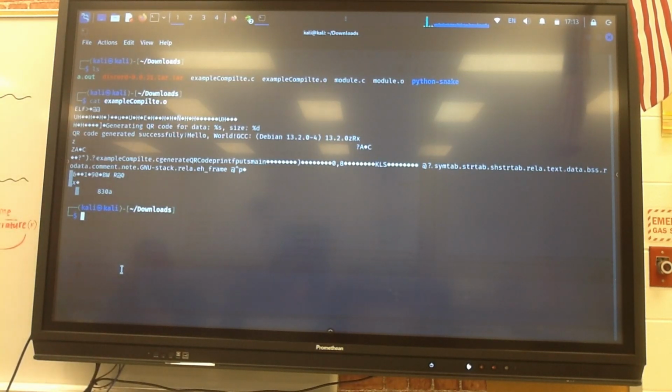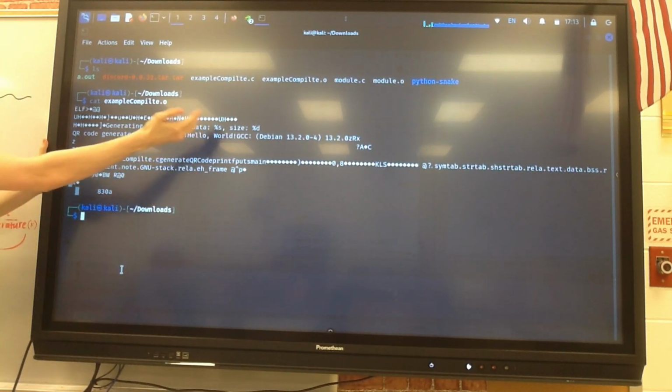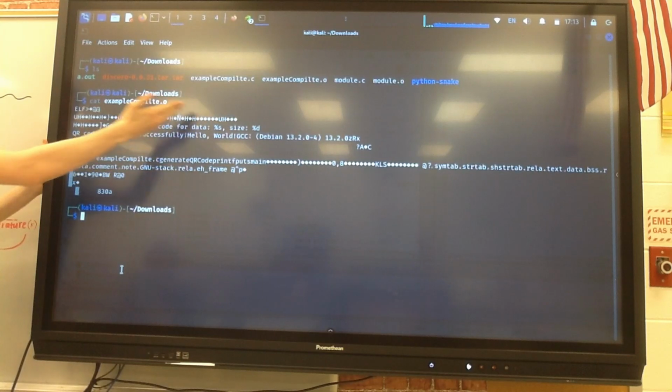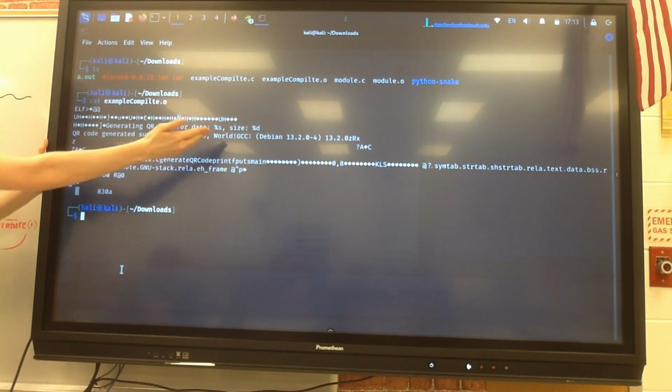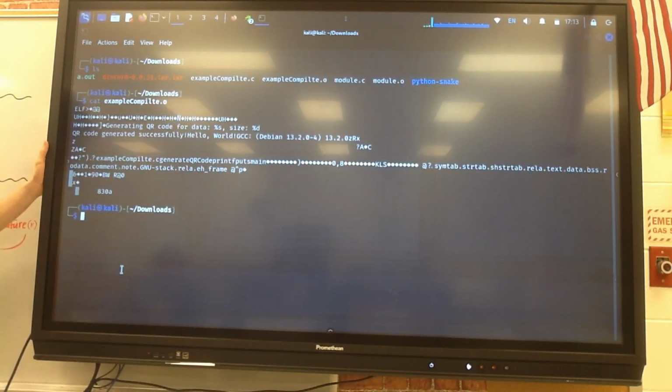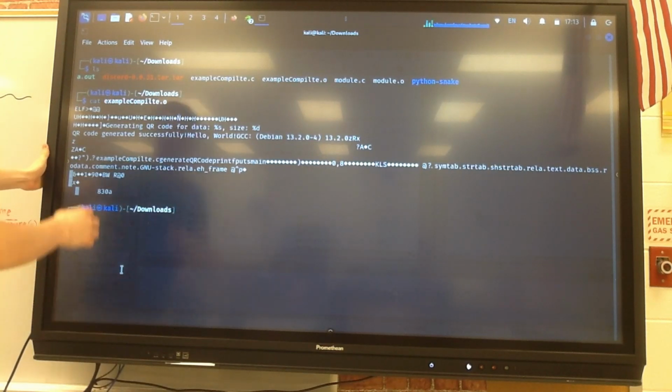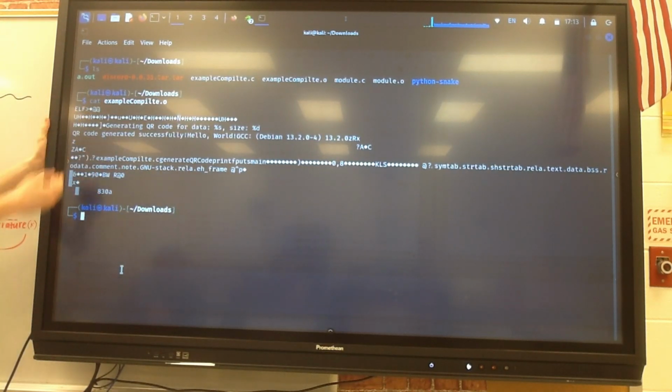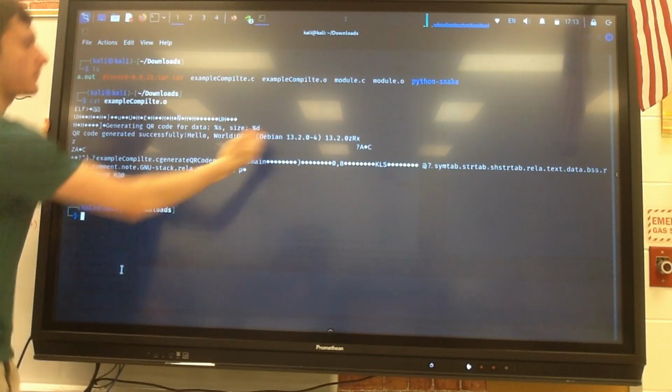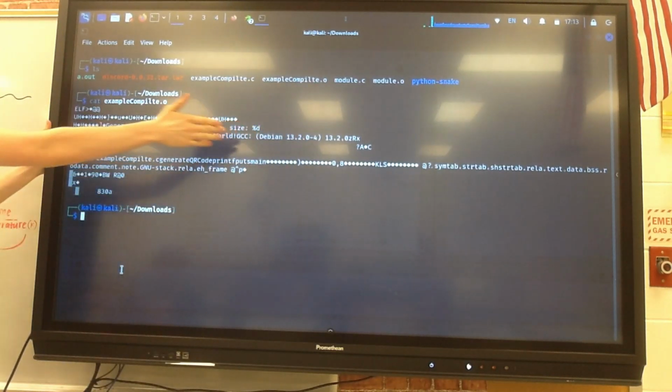Isn't it weird that when we compile it and read the contents of it, you can't actually see what the functions are, you can only see what the strings are? Generate QR code for data, size, and parentheses D, QR code generated successfully, hello world, and all that. Not only that, but you can also see some of the stuff happening here, like ELF, and what our file was created on, the Debian